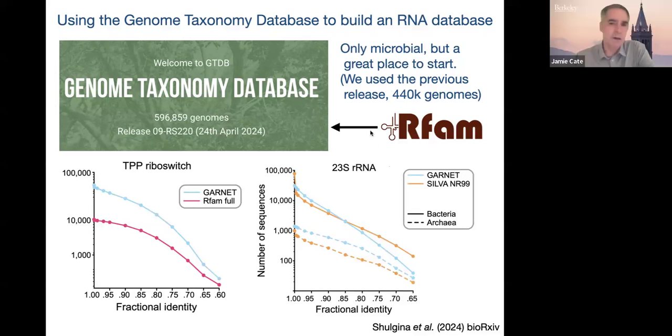Yeah, and so maybe even in the methods of our paper, you can see what we did in order to find these, and also go to the Rfam site itself. So it's a useful database from that point of view, but the problem is it's not very rigorous in terms of being systematic. That's where the Genome Taxonomy Database can help us, to be a bit more systematic about where we find these sequences.